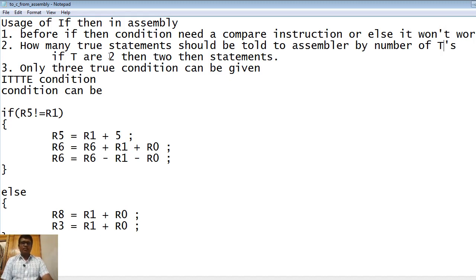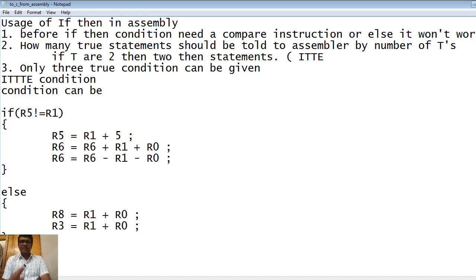For example, if you have two instructions to execute when the condition is true, you need to tell the assembler that you have two instructions. It is told in this format: I stands for if, T stands for then. So if you are executing two true statements, the number of T's should be 2.